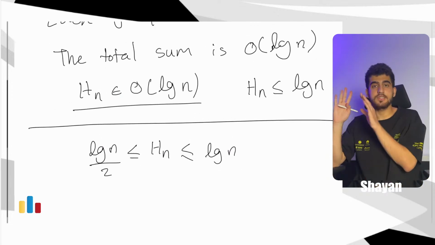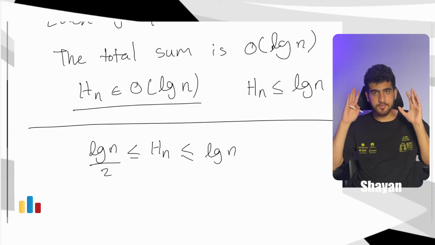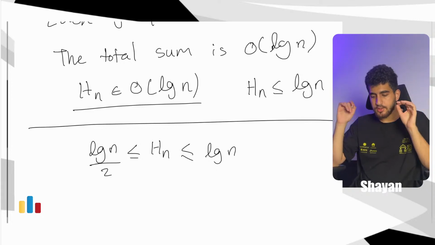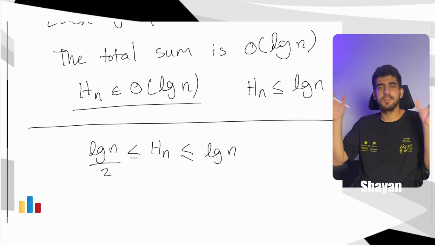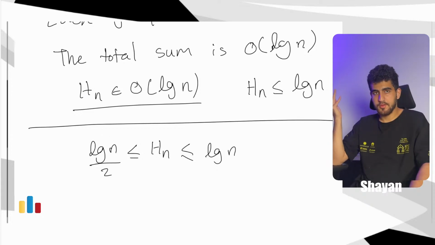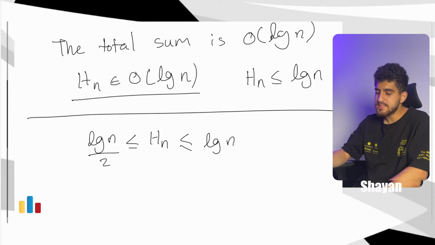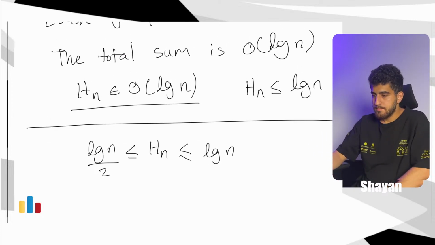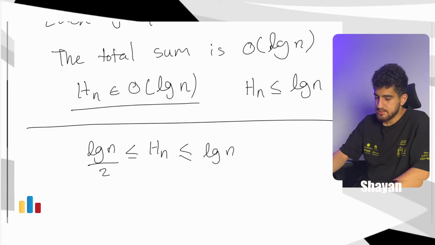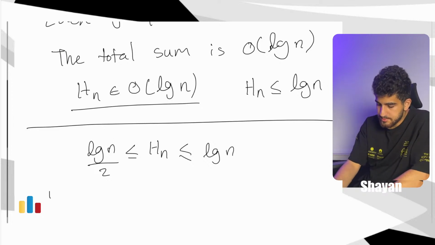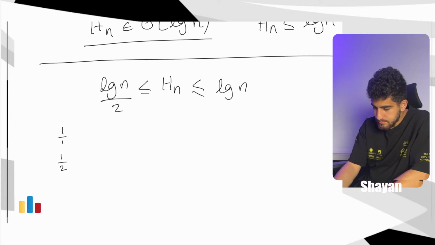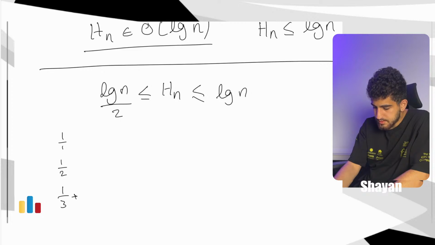Why is it so? Guys, take care of all this. I mean, focus on all of these things, because these are really important in number theory. You need to comprehend all of this to have a good grasp of number theory. So why is it at least log n over 2 as well? Because you could also group them like this. You could also say that your groups can be this. One of them is 1 over 1. One of them is 1 over 2. One of them is 1 over 3 plus 1 over 4.